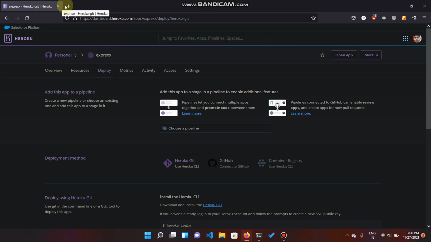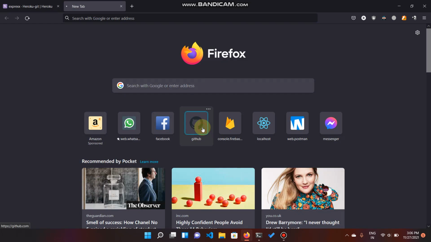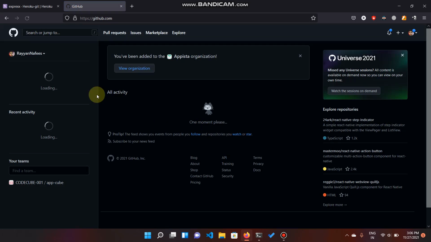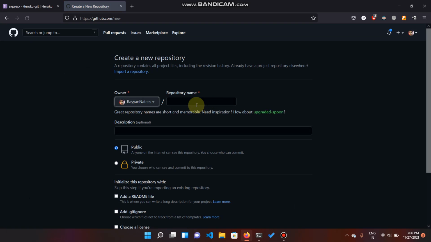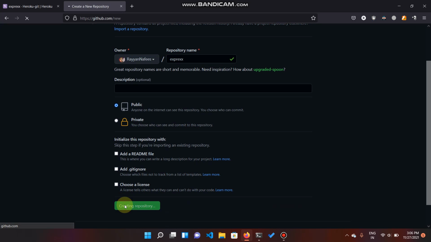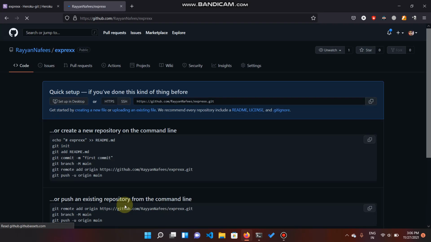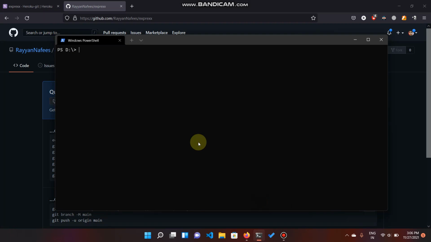So let's create a new repository of the same name. The new repository has to be the same name, express. And let's create it. As it says, what we have to do is create a new folder and copy this up. So I'm copying this one and